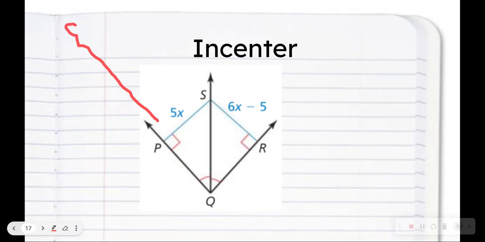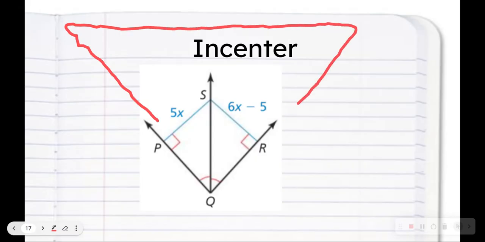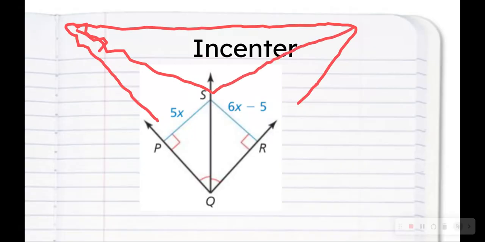I didn't draw it all, but let's imagine this was a full triangle. So I bisect my angle. Whoops, my drawing's not very good. I bisect my angle, and if I could draw a little bit better, that means that point S would be my incenter. So since point S is my incenter, these angle bisectors right here, fun fact, if I, again, connect it,